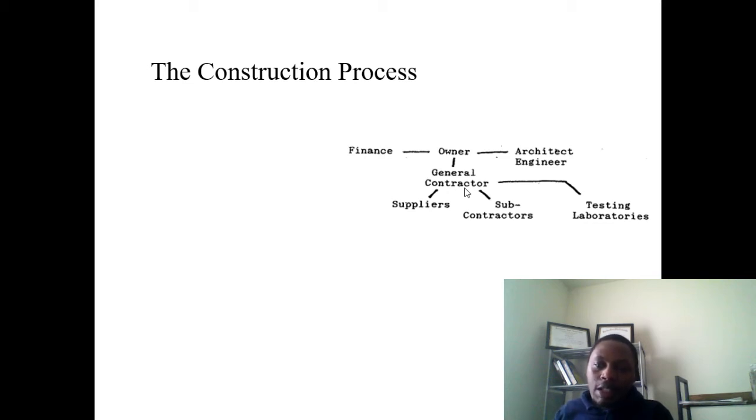If it is the traditional project delivery method, you expect that you have a relationship between the owner and the general contractor, then the suppliers and the subs who are working under the general contractor. And then of course you will have the testing labs, which will ensure that there is quality on the materials that you are using for that particular project.